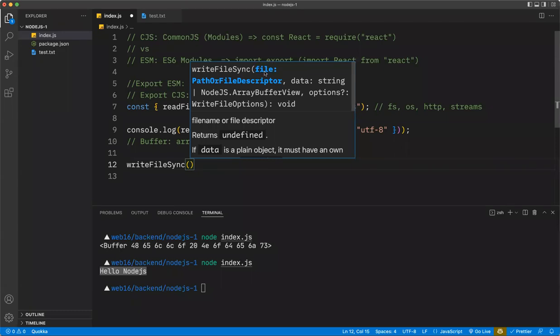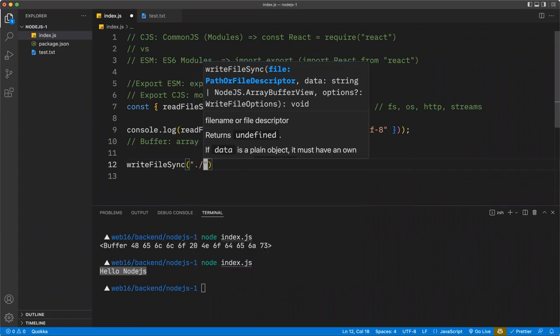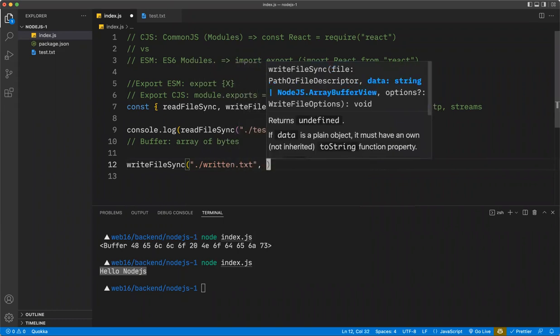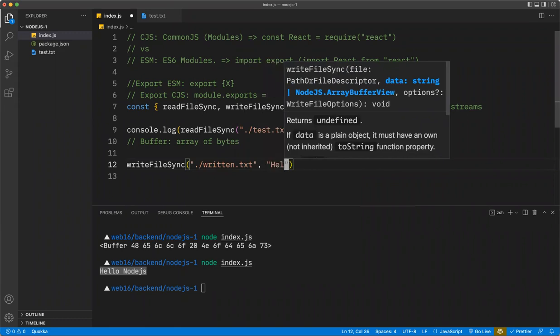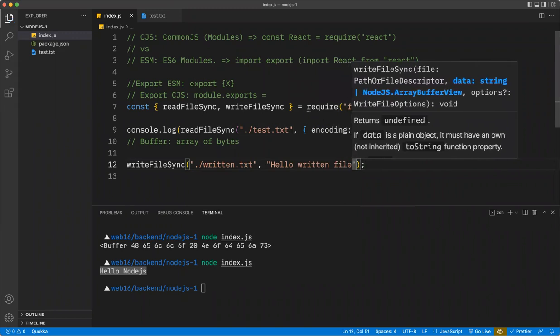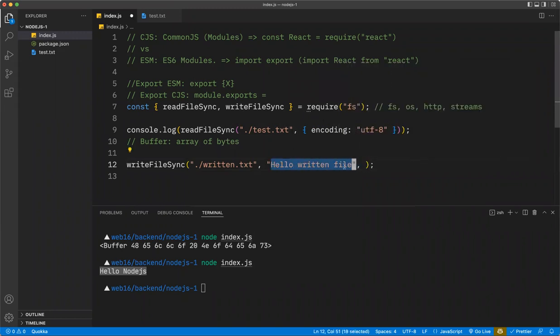So the first argument is the file path itself. If I give this /write.txt, and the second argument is the data itself, the data is hello write file. This will not work, because Node.js will not know what encoding it needs to write in. Node.js cannot just assume that this is text and not binary data. So what you need to do is give encoding